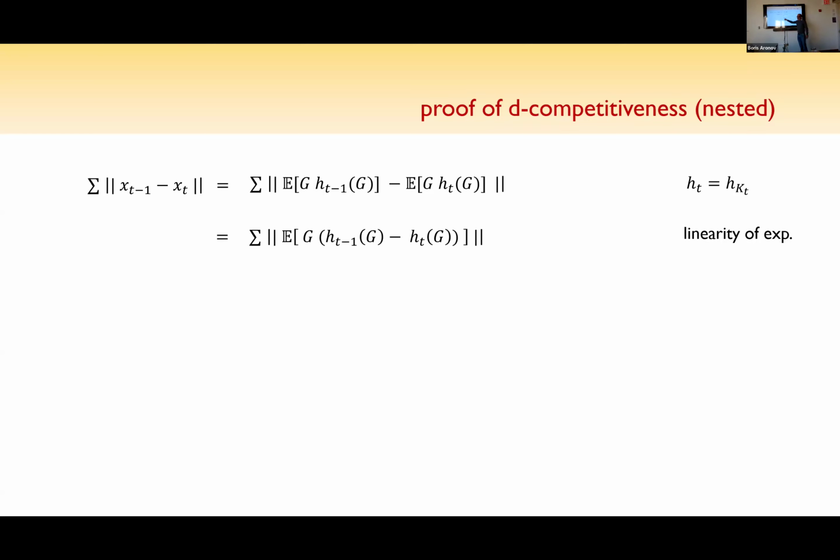We see a norm and an expectation. Push the norm inside the expectation, a kind of convexity inequality. By the way, one thing I did was push the norm inside the expectation, and now I use the fact that this is non-negative to pull this out. Okay, so this is non-negative.